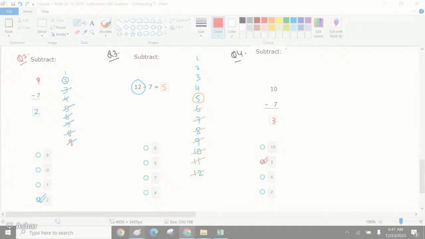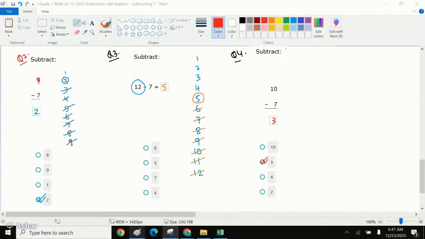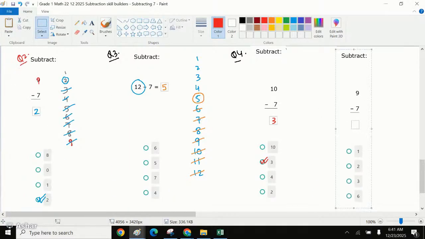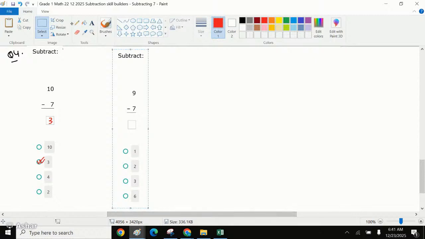The next question says subtract. I'll just copy the question so that it's on our screen. The next question, question number 5 from the test, says 9 minus 7. So what should be the answer for 9 minus 7? Can anyone help me out? Yes, 10 minus 7 was 3. 9 minus 7 is,